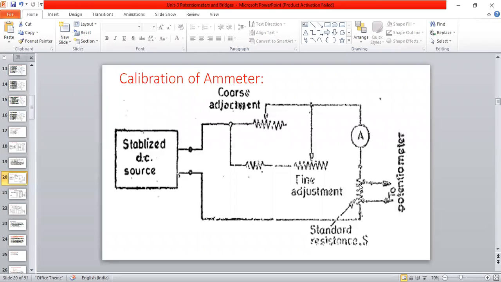By varying this standard resistance, the current will vary. How many turns can we vary this one? Here also the resistance means fine adjustment. By varying the resistance only we are doing it in all the places. No need to use the voltage ratio box here now, because by varying this one, the current will obviously vary. Resistance here now, directly we are going to consider this one, which is connected to the potentiometer.